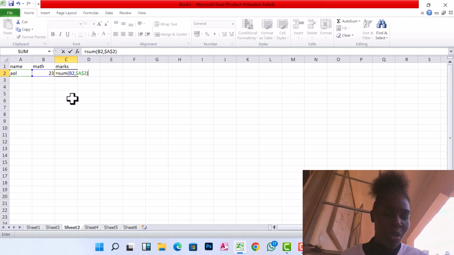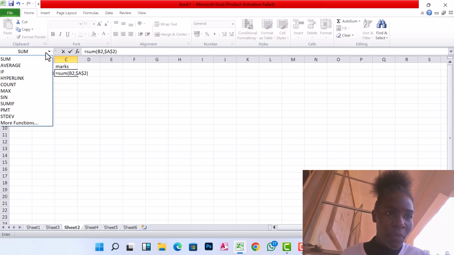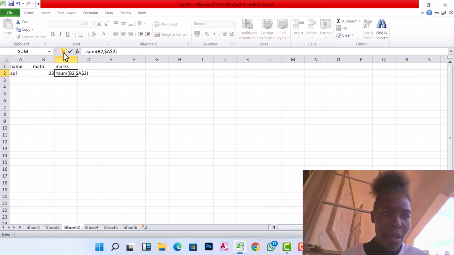So the next terminology, we can say a name box. A name box is located next to the formula bar. This one is a name box. This one is another terminology, a formula bar. It shows formulas, where you can find formulas. Then the name box is just this one here, which is showing the cell name. That is a name box.